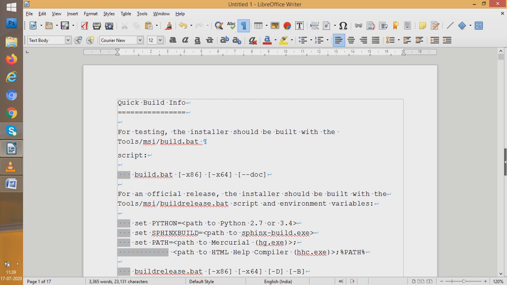Now suppose I am putting a tab here. I am at this place, and I come here and I put a tab. You see, the tab is shown by an arrow, a right arrow. So these keys normally are not shown while you print or while you write the document. Somebody who is seeing your document cannot understand whether you have put an enter key or a space bar. But if you want to see these things, you have non-printing format marks.